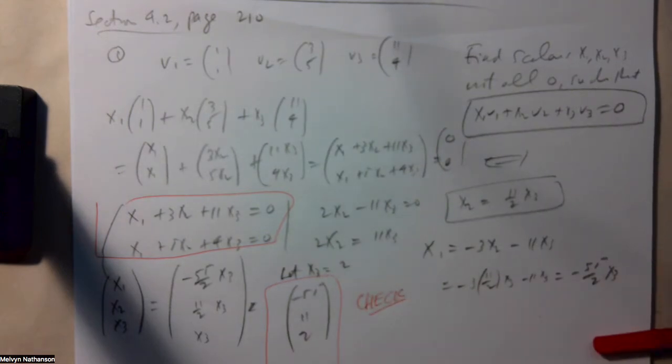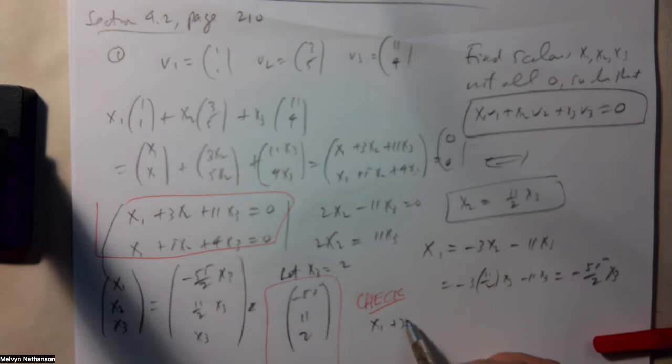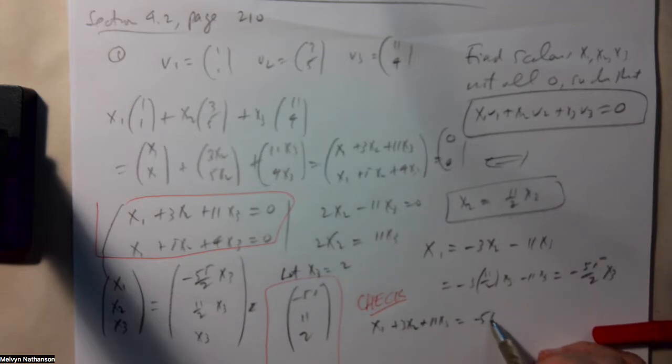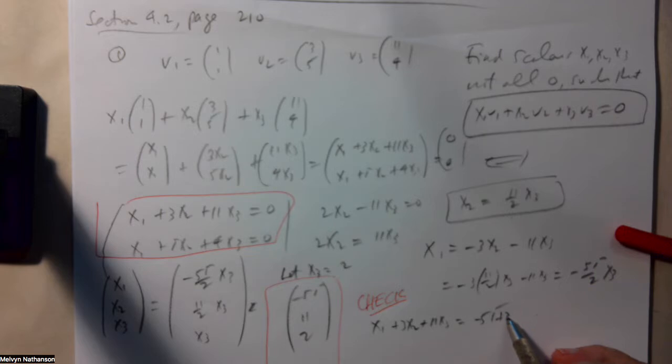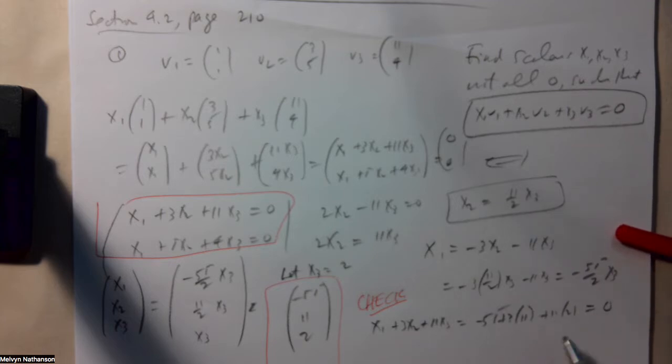So let me check. x1 plus 3x2 plus 11x3 is minus 55 plus 3 times 11 plus 11 times 2, which is minus 55 plus 55, which is 0, so that checks. And x1 plus 5x2 plus 4x3, that's equal to minus 55 plus